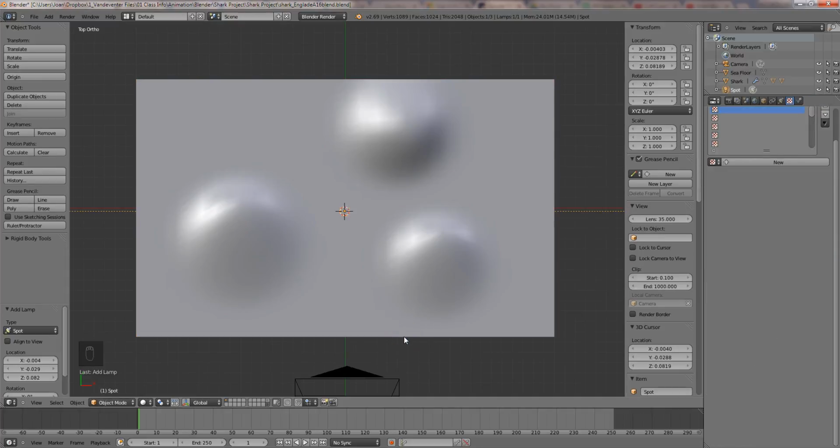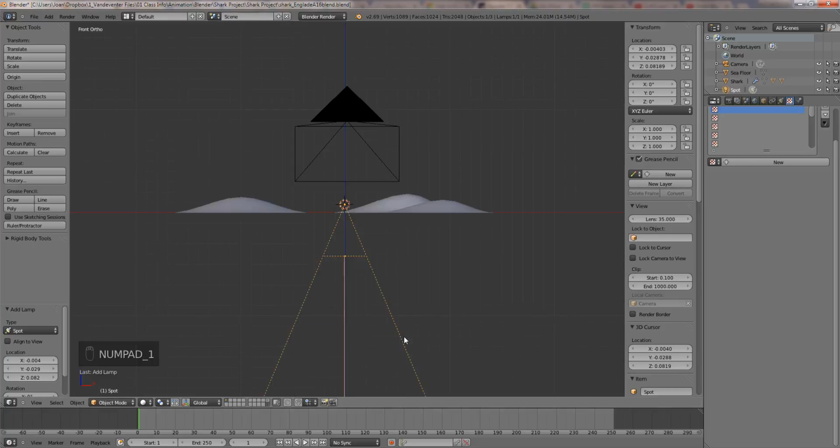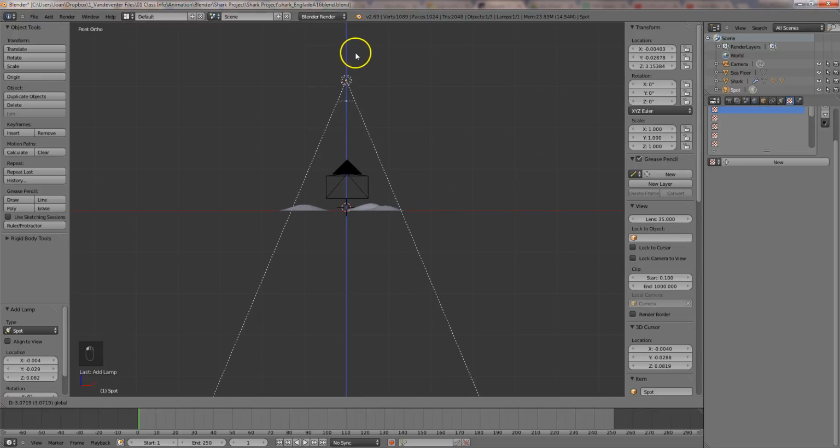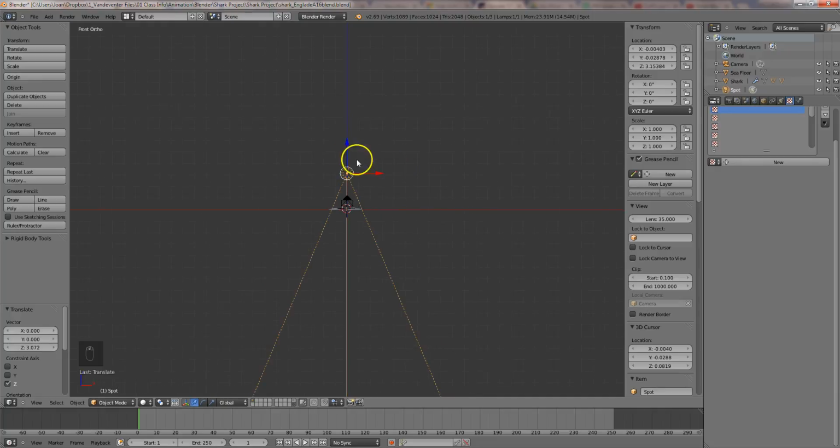Okay, go to front view, number 1. Now remember we turned those off before, so we're going to turn the 3D widget manipulators back on. And we're going to move this spot lamp up on the seafloor object until it covers the entire seafloor. Okay, so what they're telling us is to scroll out. Well, let's move this up a little bit, and scroll out